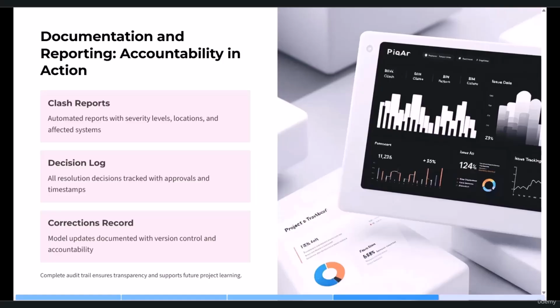Documentation is an inseparable part of this work. For every clash report, any changes or decisions that are made must be documented. This makes the process clear, and if later a person wants to understand why we made a decision, they can find it out based on the existing documents. Let's assume a BIM coordinator has reported that a duct has clashed with a column. The BIM manager will check that document and provide the correction to the task teams, and the next sessions will check the correction and confirm it. Finally, all of these things will be documented in the project documents, and we have the history of them.